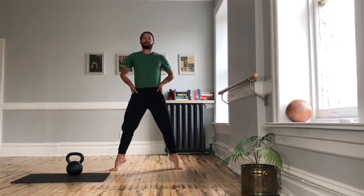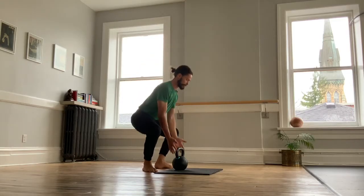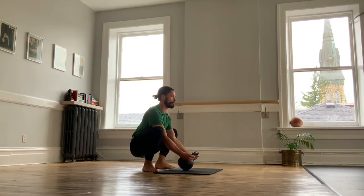together to get low. Perhaps find those balance points on those toes, and then stand up on toes and reset. And shake. Now we're back to this goblet hold, which is 2 hands flexed. We'll get into that position setting up our squats this time. Grab the bell by the horns, proud chest, sniff, and